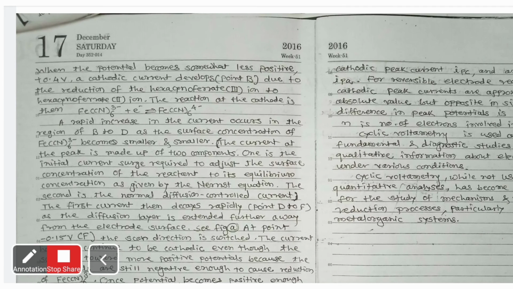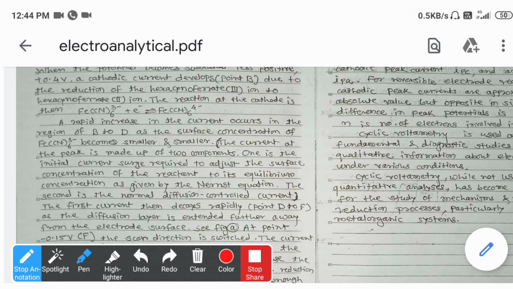So the rapid increase in the current occurs in the region from B to D as the surface concentration of Fe3+ becomes smaller and smaller near the electrode surface. So the peak current is achieved, which is made up of two components. One is due to the initial current surge for maintaining the surface concentration of the reactant, that is Fe3+, at its equilibrium constant. The second component is due to the normal diffusion control current. Okay, so diffusion is due to the potential difference in the ions. So the first current,